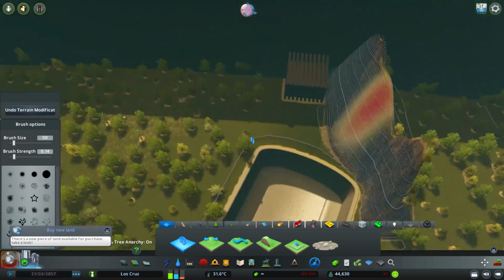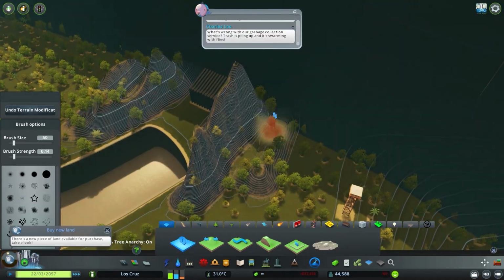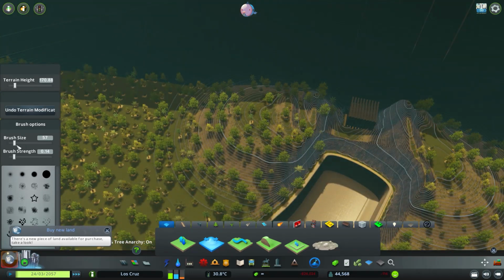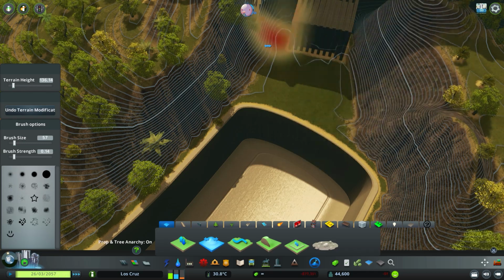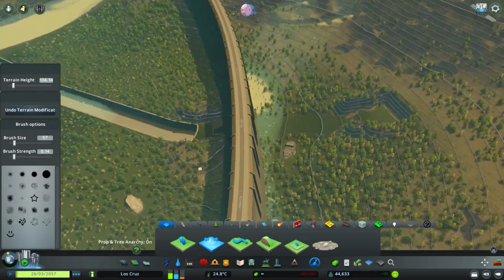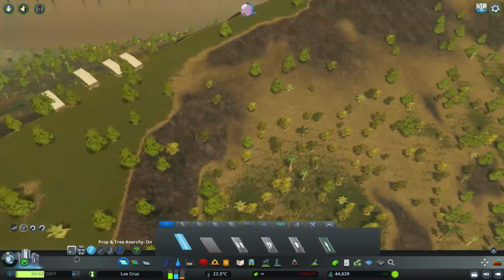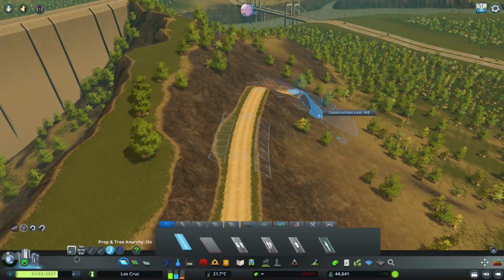This was a bit of a pain to do, because I tried to make it look a bit more natural, but I've kind of flattened the area a bit too much, like there. So I'd then go back and flatten that initial bit, but I think it looks okay. It's not too bad. I do come back later and clean it up off camera for when I do the final touches. So now I'm building the road,